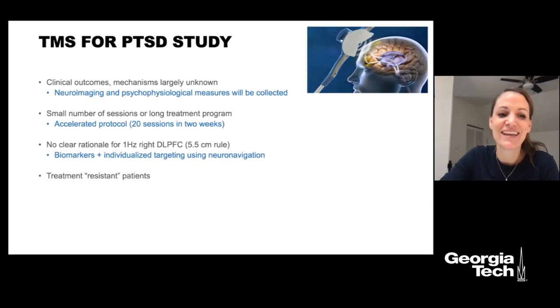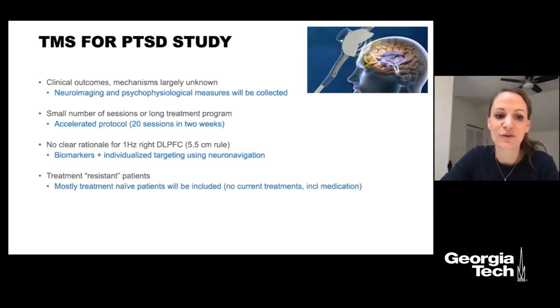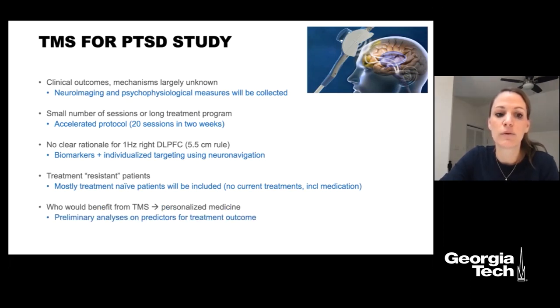And then, where most studies have used treatment-resistant patients, we're working with mostly treatment-naive patients who are not receiving any other treatments for PTSD, including medication. And hopefully this information will help provide some preliminary analysis for future studies on predictors for the treatment outcome of